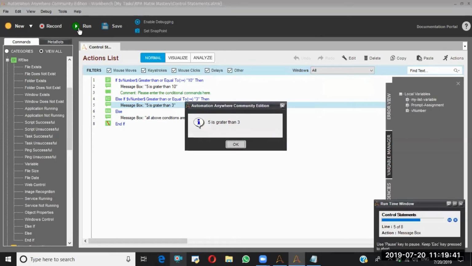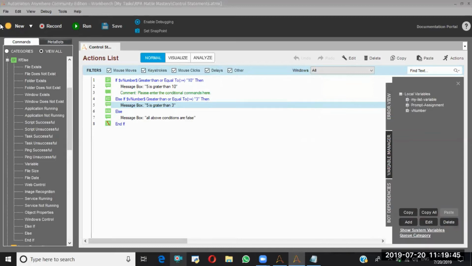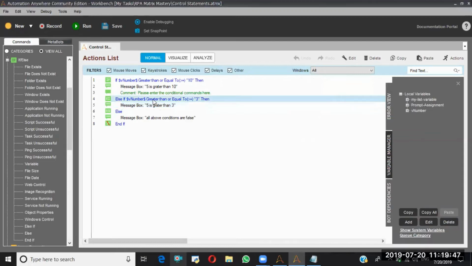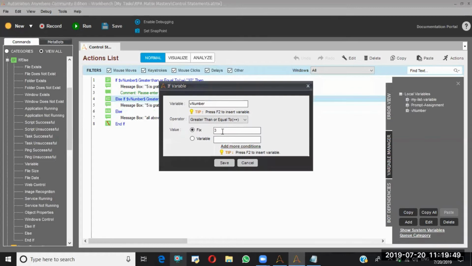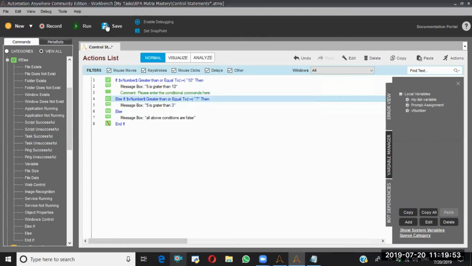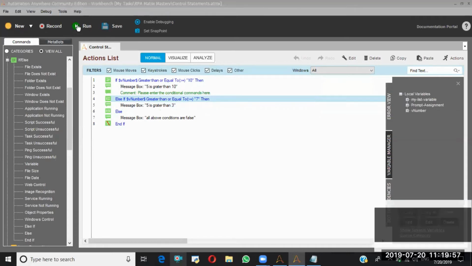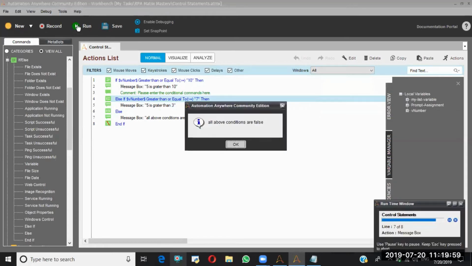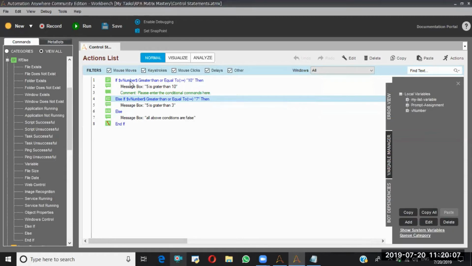Like this, it will print. If I say 7 instead of 3, let's see what will happen. See, all above conditions are false. Like this, our controls will be processed based on the given conditions.